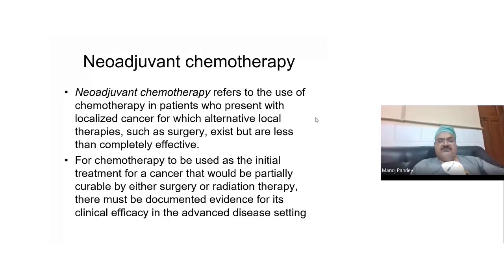Like if you have a tumor in the breast, you want breast conservation, so you give chemotherapy, reduce the size of the tumor, and then go ahead with breast conservation. So neoadjuvant chemotherapy is basically used for organ preservation, and it is also used to reduce the bulk of the tumor and make the tumors operable. So those tumors which are borderline operable or inoperable to begin with may become operable